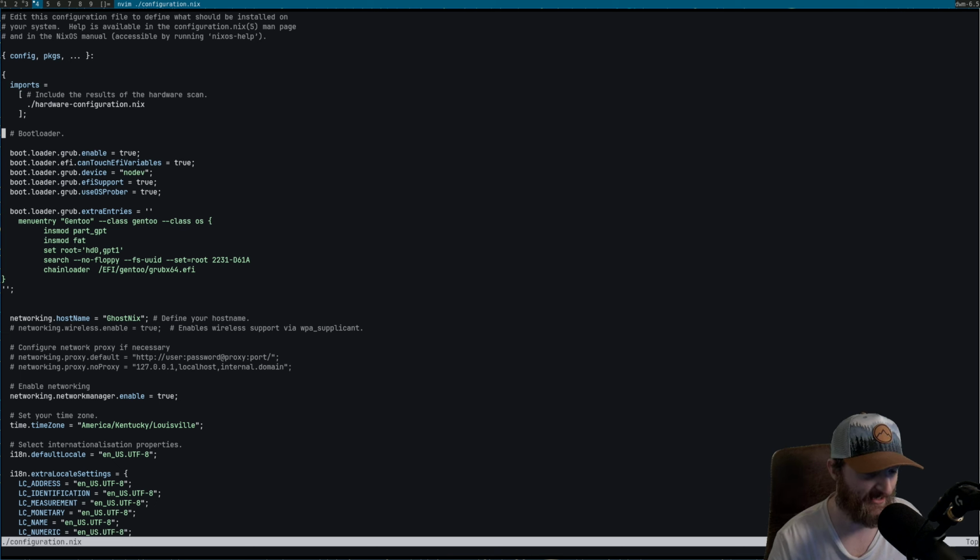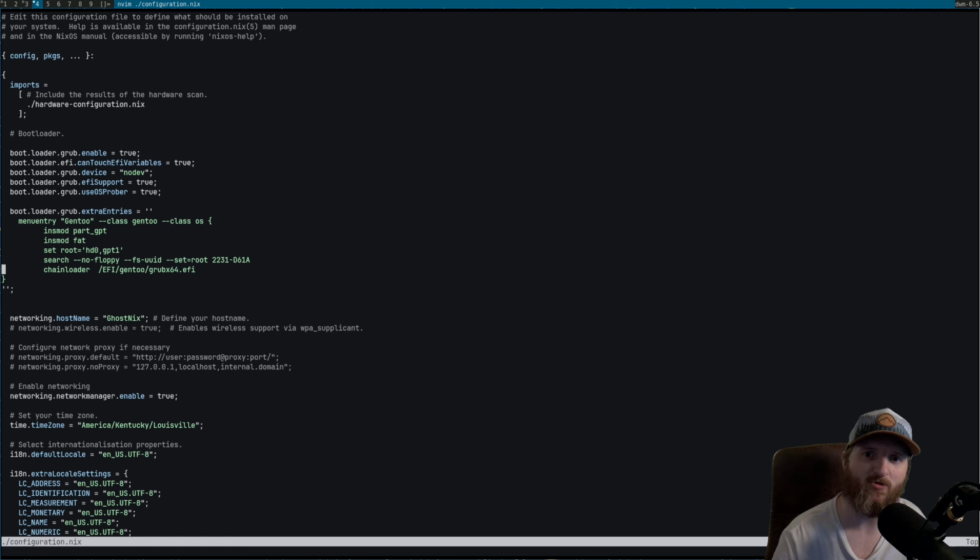Now, this config package and this imports hardware-configuration.nix, standard stuff. You'll see this probably in almost every configuration.nix file that you look at. Next stuff is just grub. I'm just installing grub. However, until we get to this entry right here. This entry, these 9 lines of code,